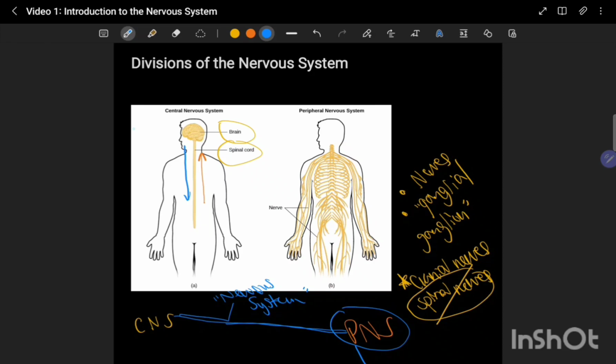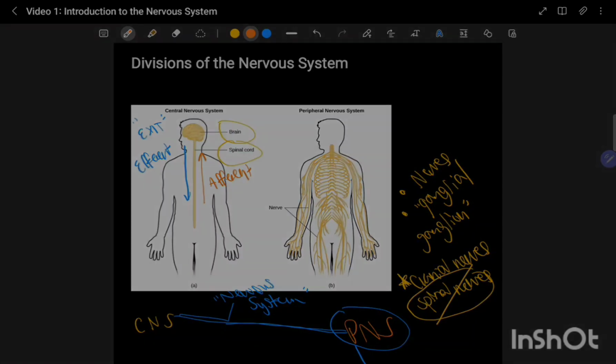So efferent is going to exit. Remember that term exit, because efferent information is going towards our target organs. Afferent, we're accessing the brain with an A. We're going towards the brain. So this is taking sensory information from our receptors throughout the body towards the central nervous system for processing. Okay? Study those, make sure you know those terms, because they're going to pop up when we talk about the